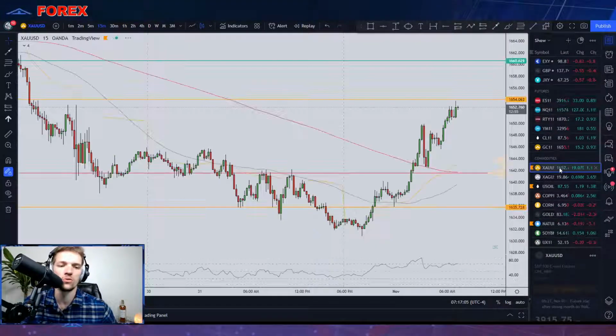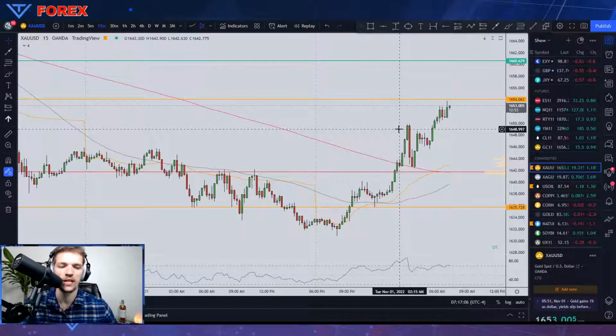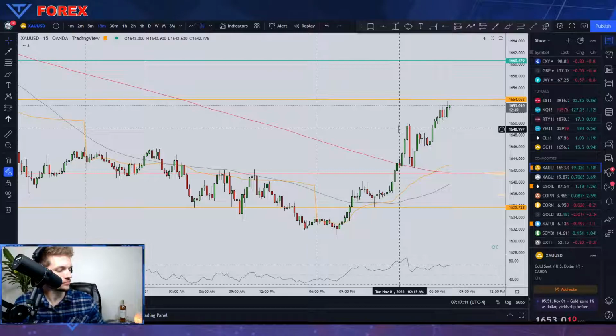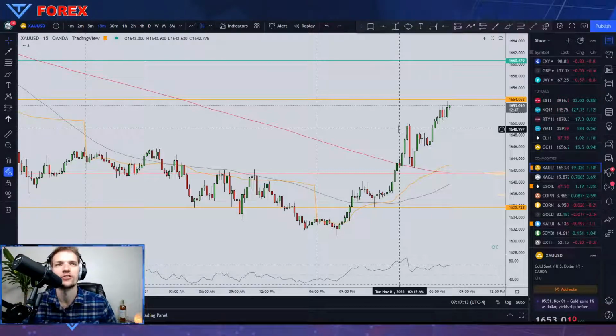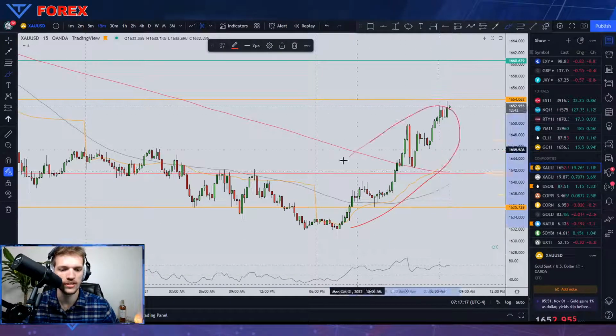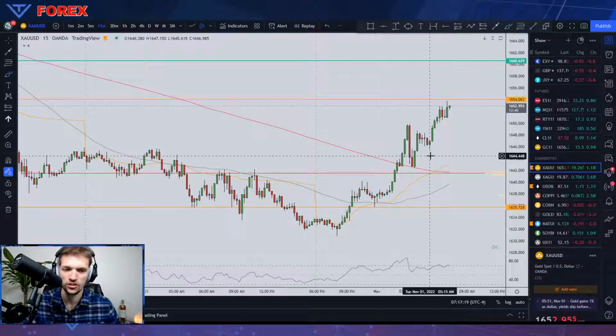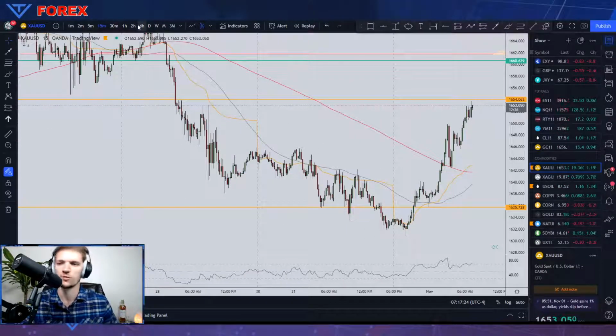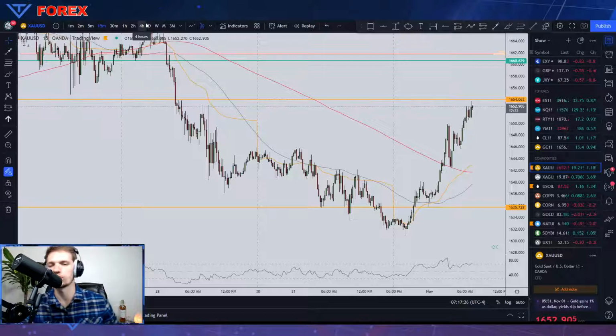Looking at gold, it's kind of annoying. I hate trading on days that are just running overnight, and we come into the charts this morning and they're just so extended from where they opened. It's tough to pull out a trading idea. I don't want to chase here, but I don't want to short it, so I just